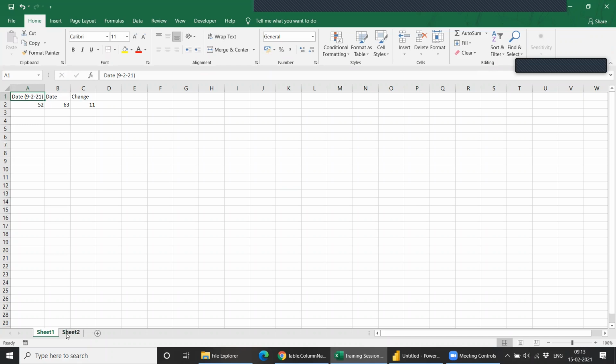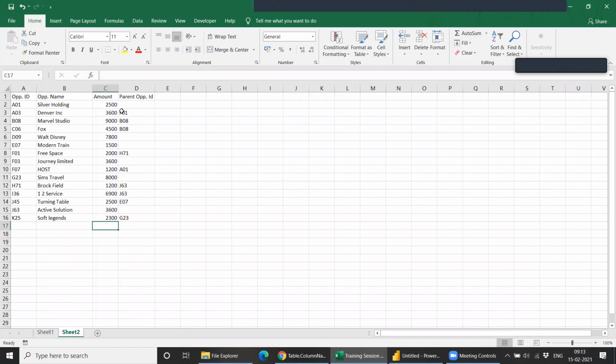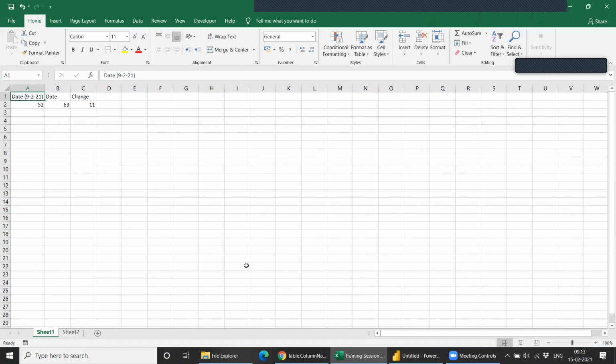The other task we'll be performing is this kind of table structure in which most of the records have a parent record. So we have certain conditions. Let's say if we want to consider this Denver, we should check its parent, and if the parent's amount is more than 2300, or say 2000, then only we should consider this record. These are the kinds of conditions. We'll try to solve both of them in Power BI.